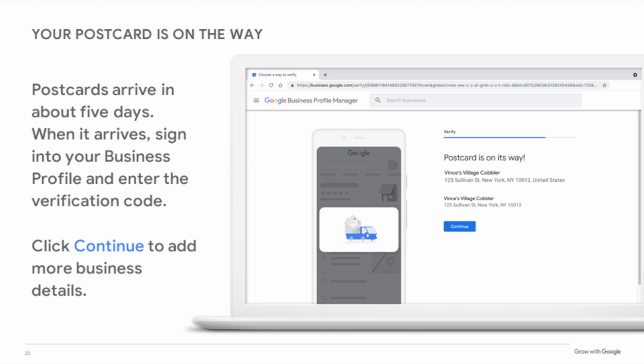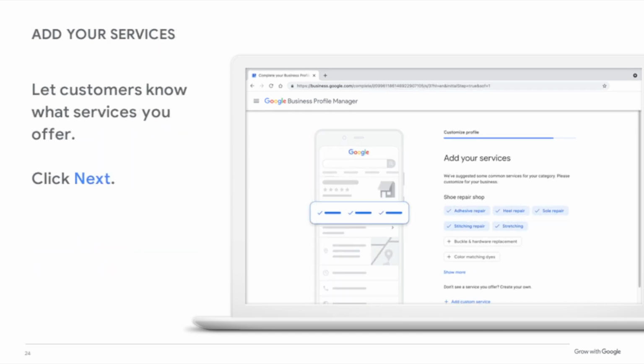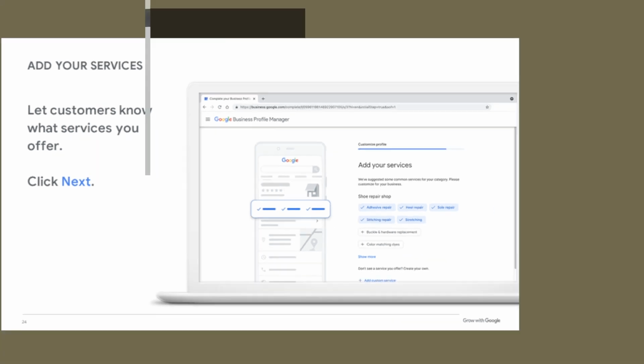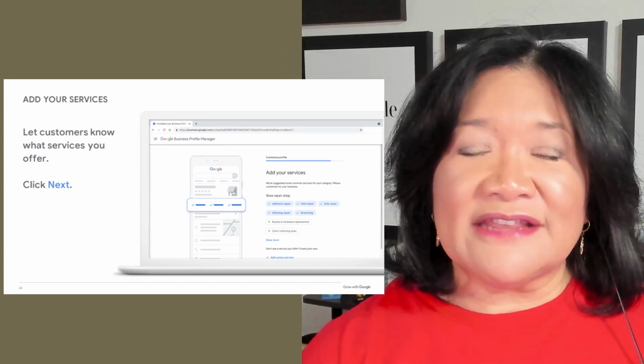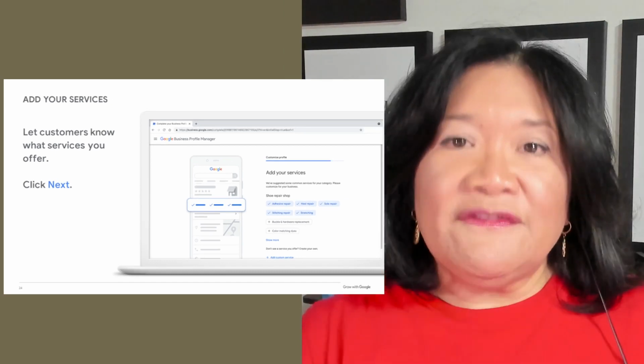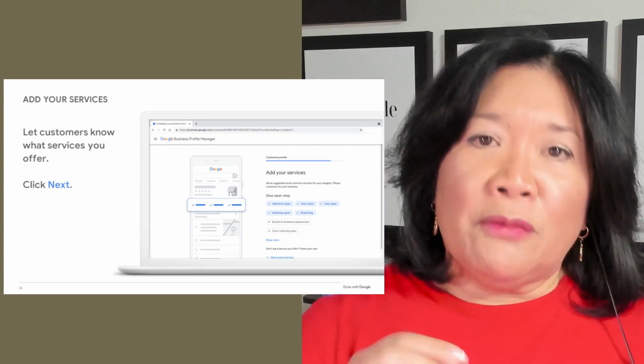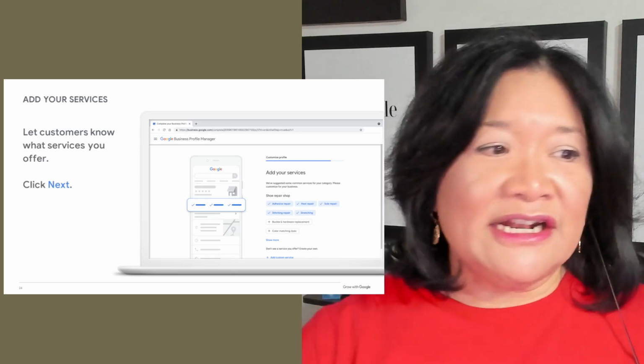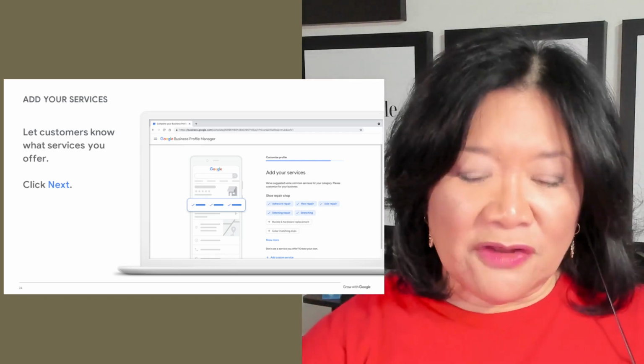And you don't want that to happen, because you'll have to start the process all over again. Now, while you're waiting for that verification, you can start adding your services. It will come up with some services that are already lined nicely with you because of the category that you've chosen. Once you have verified, you can add the 9 other subcategories,